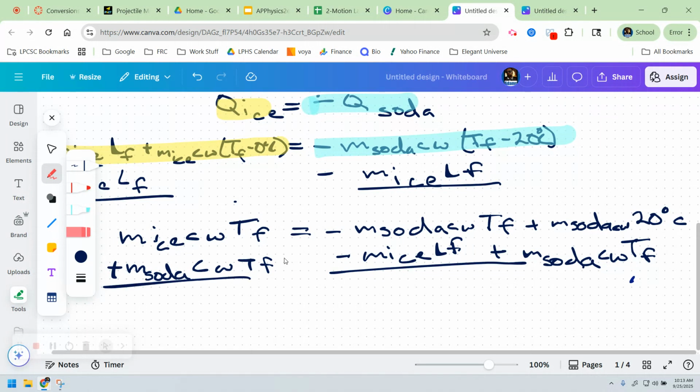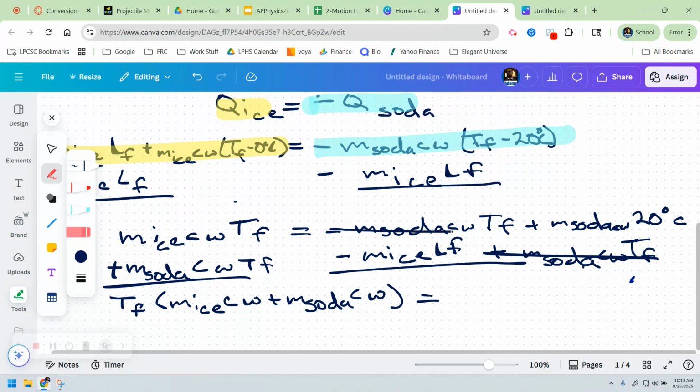So then over here, I'm going to factor out the TF, because that's what I'm trying to get by itself. And then that would be the mass of the ice times the specific heat plus the mass of the soda times the specific heat. And then this cancels with this. And then that equals